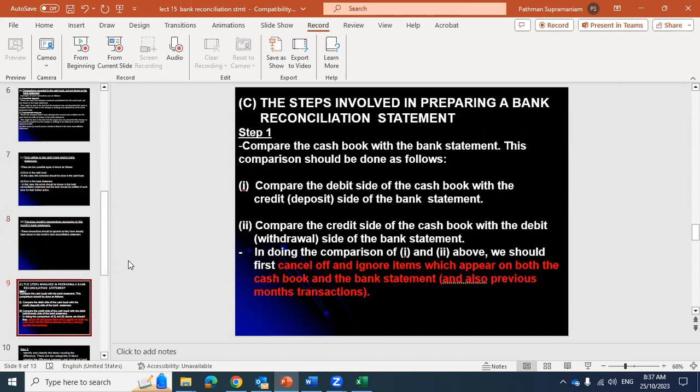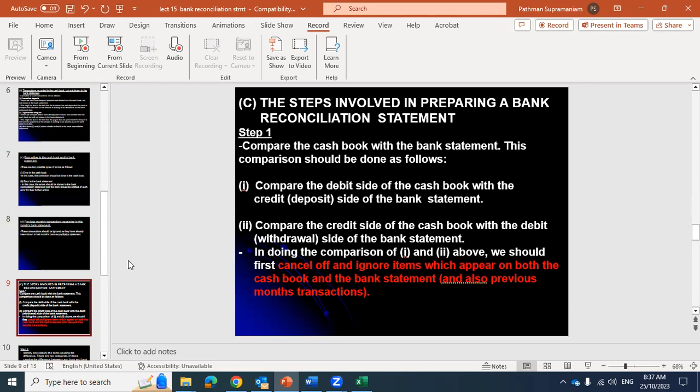Okay, so now going back to the main objective, in this chapter, we find that the cash book balance and the bank statement balance differ. So our idea is to be able to reconcile where these differences are coming from. So in order to complete the entire process, there are a few steps to follow. Step one is we need to